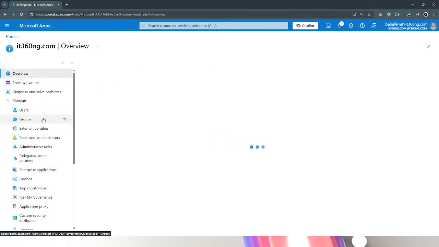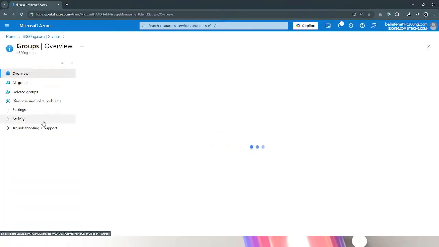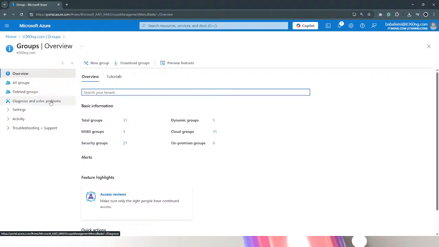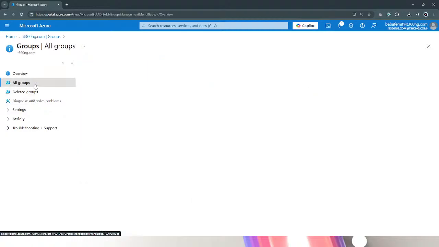Same thing goes with the groups. We just talked about the user account. What about the group? When we want to create a group, like I said, we've got all groups. You can see deleted groups. The same way I created some groups and some users and I deleted them, they are going to be showing also here. So if I click on all groups, I will be able to create groups here,